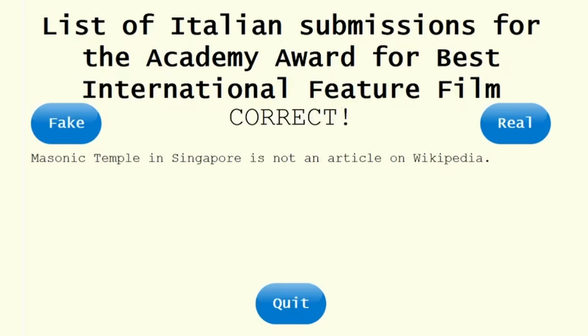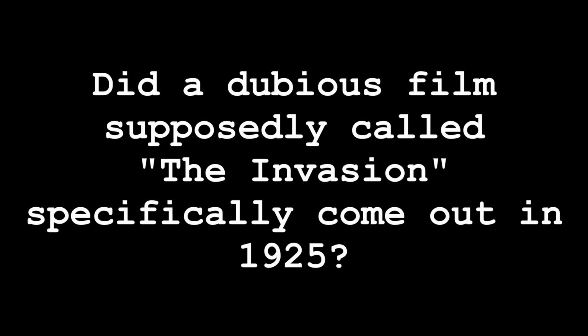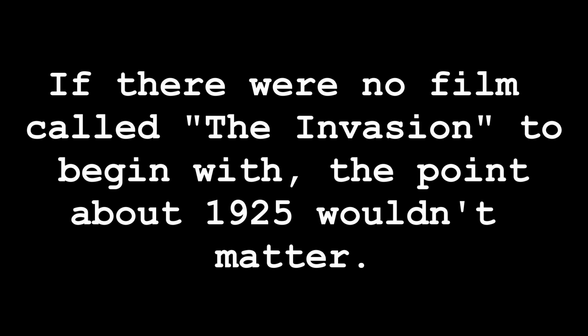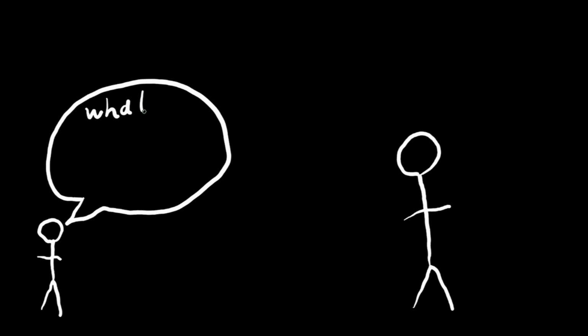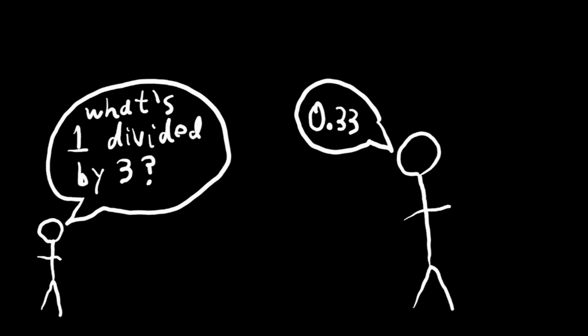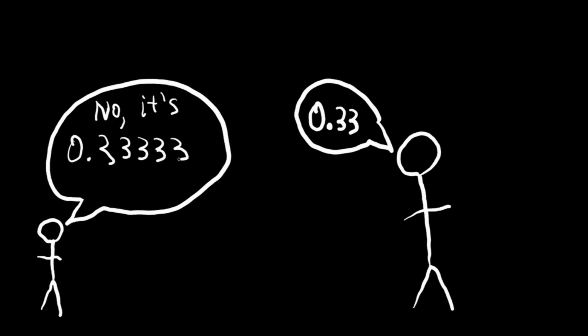The final annoying set of articles were ones like The Invasion, 1925 film. This is not a Wikipedia article, but The Invasion film is. This is just annoying, because the question players will ask themselves is, is there a film called The Invasion? And not, did a film called The Invasion, which I already haven't heard of, come out specifically in 1925? It would be a legitimate question if The Invasion weren't a film at all, but the numbers just make the game more annoying, like a little kid saying he won because of a slight technicality in the wording of your answer to his question. So what I did for this was, well, rather simple.